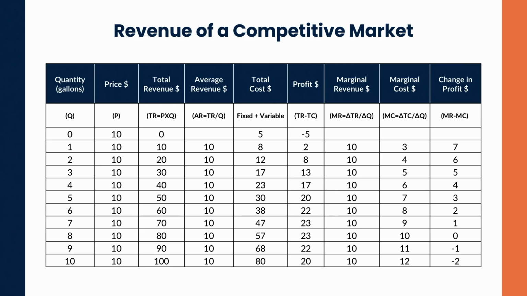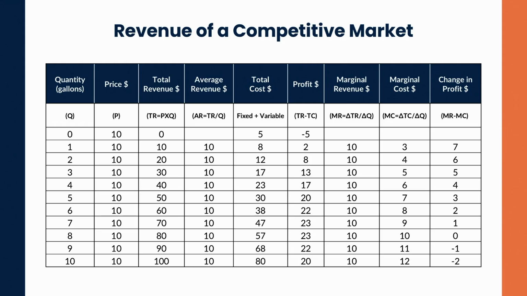Now, our marginal cost here, that's the cost we incur to sell one more unit. Those marginal costs are rising. Hopefully you understand why that is after our last lecture on cost of production. Diminishing marginal productivity leads to a rising marginal cost. Now here, this last column is the change in our profit, or our marginal profit. Selling that first unit, we add $7 in profit. Selling the second unit adds an additional 6, then an additional 5, and so on and so forth.